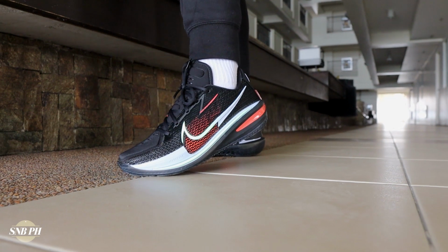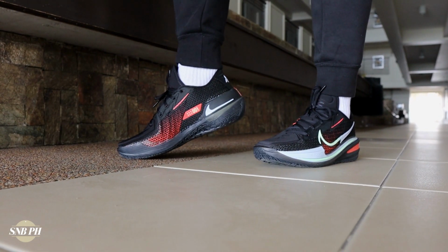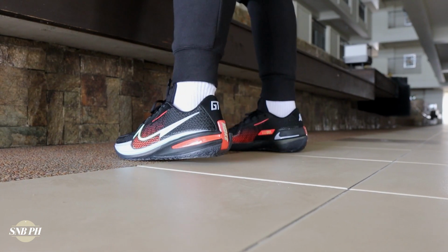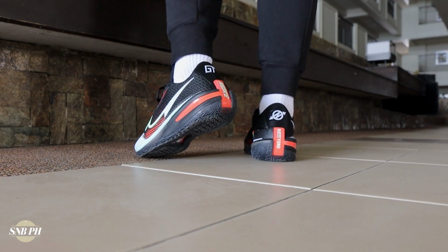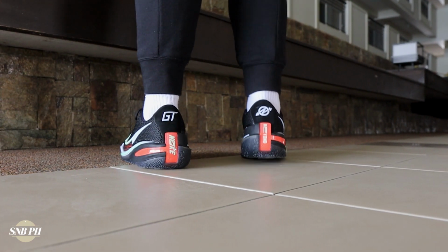Then for the cushion, I just really love what they did with the shoe because you have a full-length React drop-in midsole, a full-length Zoom Strobel unit, and an extra bottom-loaded Zoom unit in the heel just in case you needed it. The cushion is just super bouncy and comfy, and the best thing is you're still pretty low to the ground, and it honestly just feels super amazing underfoot because you feel super fast and